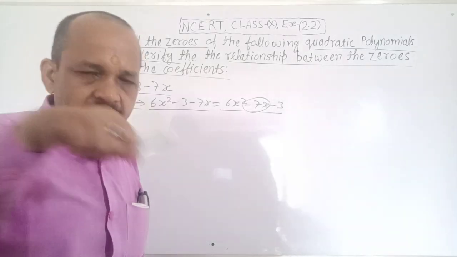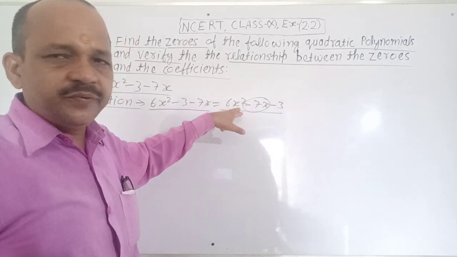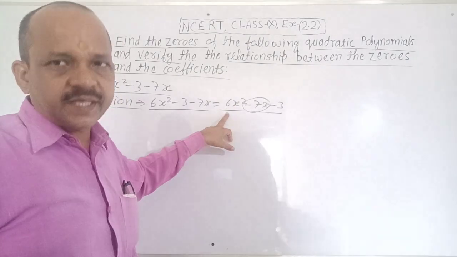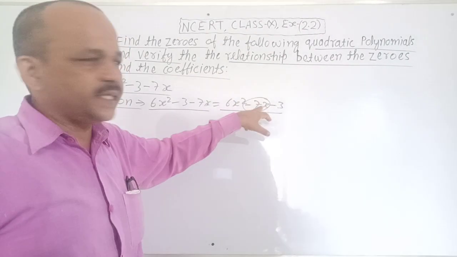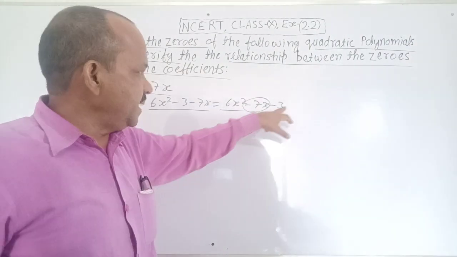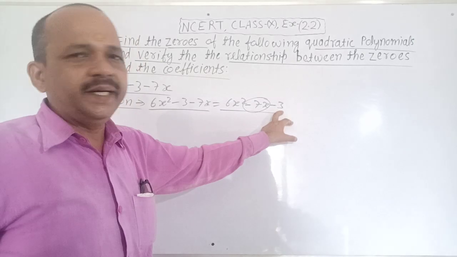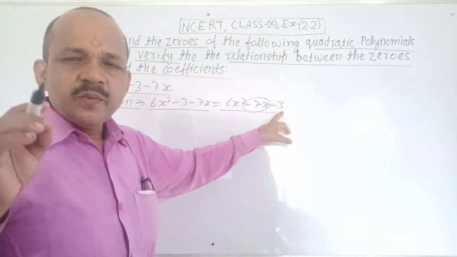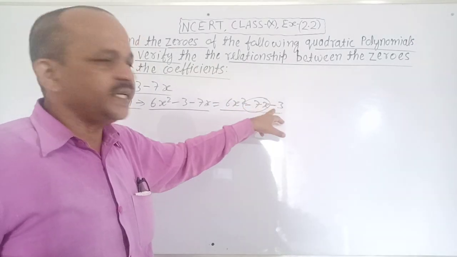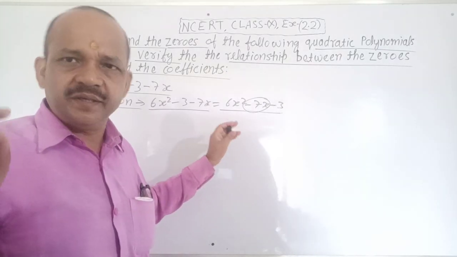It is clear? Number in front of each term is called its coefficient. Here number in front of x square is 6. It means coefficient of x square is 6. Here number in front of x is -7. It means coefficient of x is -7. -3 is the constant term. Here are three terms: first term, second term and third term. Plus minus sign is called operation. Here minus and here minus. It is operation. It is clear? No confusion about it? Very good.